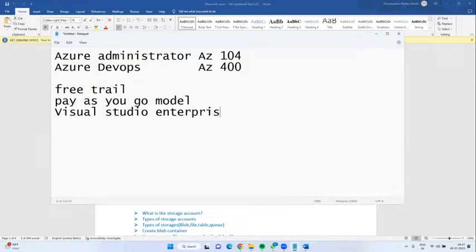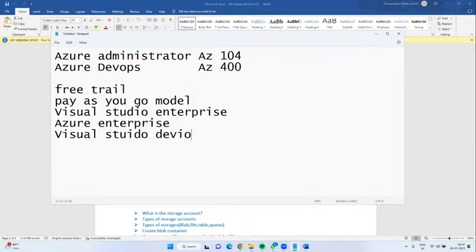Also we have the enterprise subscription, Azure Enterprise. Then Visual Studio Developer Edition. Like that, we have around 20 plus subscriptions.